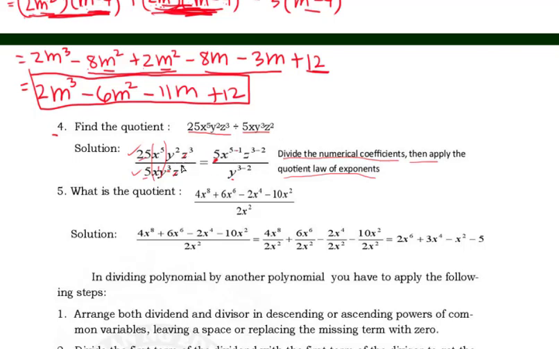Law of exponent, quotient law, case 1, no? Mas malaki yung exponent ng numerator kaysa dun sa denominator. Kaya naging siyang 3 minus 2. Then, simplify na lang natin ito, no? Simplify. So, the final answer here is 5x